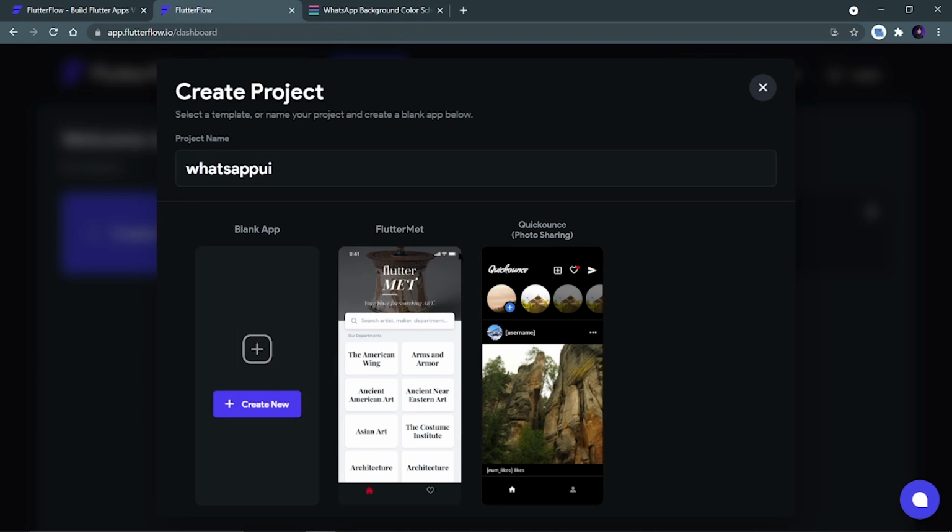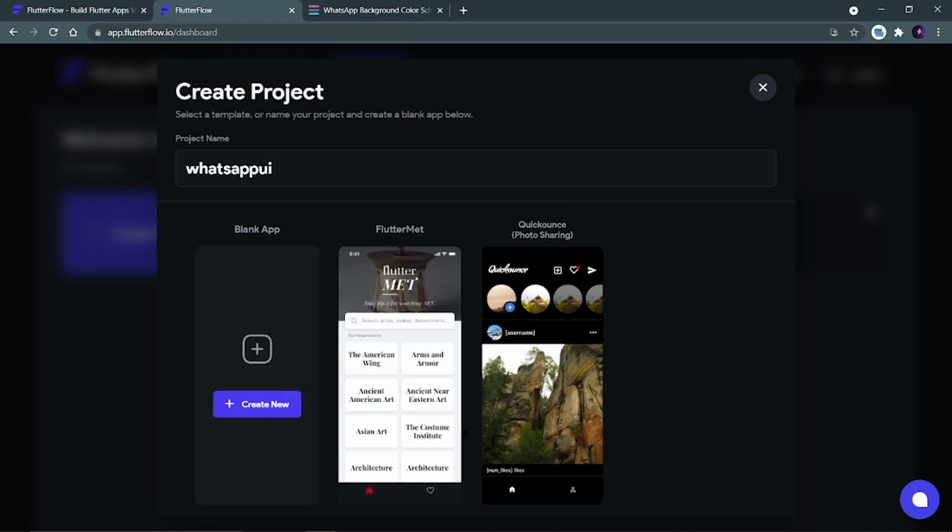And one more thing is that I'm going to provide the code also for this user interface in my GitHub. I will provide the GitHub repository link, so that's a good thing. You can just clone that repository and you can run that in your Android emulator or iOS emulator, right?